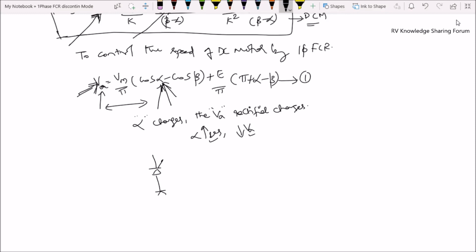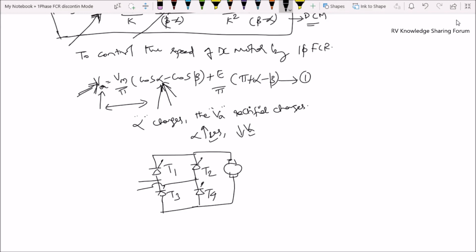So here this is our T1 and this is our T2 and this is our T3 and this is our T4, and here the single phase AC supply is given and the power which is given to the motor. So if you observe the circuit diagram, this is our average output voltage of the rectifier, which is nothing but DC. This AC is converted into DC. This average output voltage of the rectifier is fed across the armature terminals. That means this is our armature voltage.